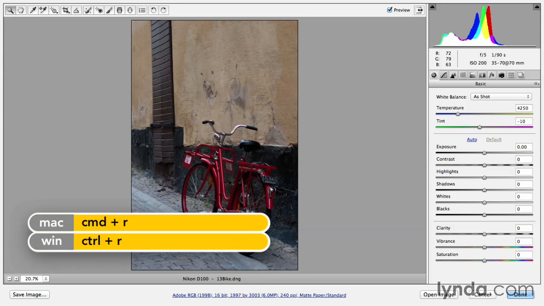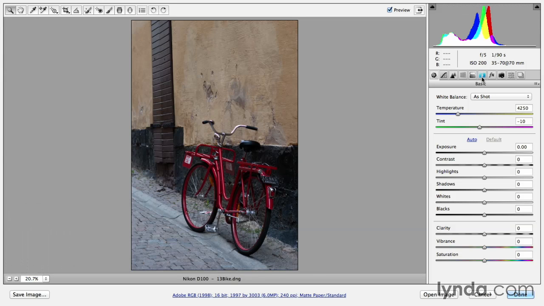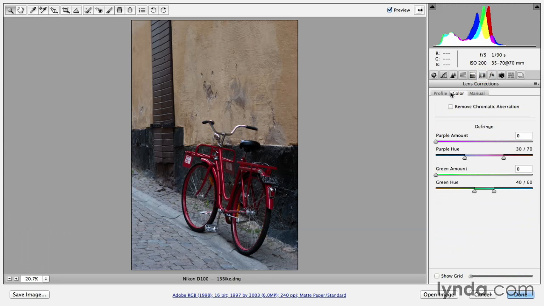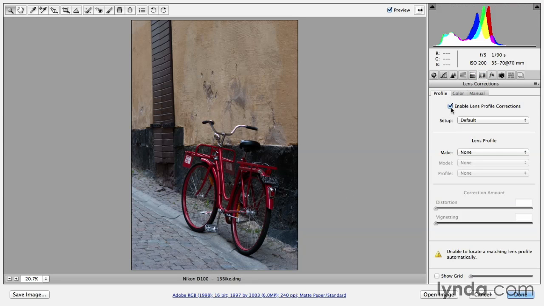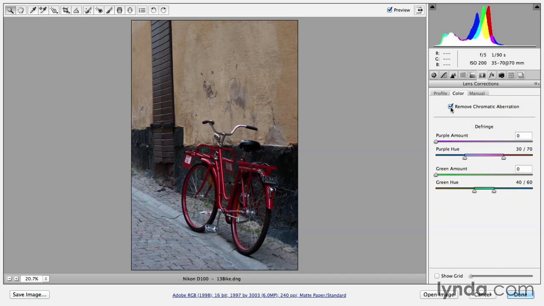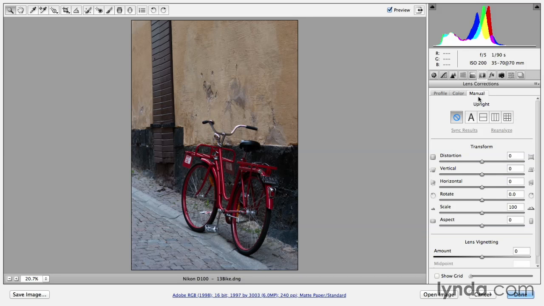Now the first thing that I want to do is correct any lens distortion by using the Lens Correction panel and enabling the Lens Profile Correction. I'll also toggle on Remove Chromatic Aberration. And if we'd photographed a building or something that we needed to straighten the perspective of, we could do that in the Manual area. For now, I'm going to go ahead and skip that, but I do need to crop